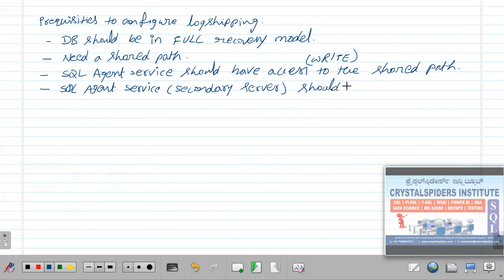This one is the service account on the primary server, and this is the secondary server one. Okay, this is fine.